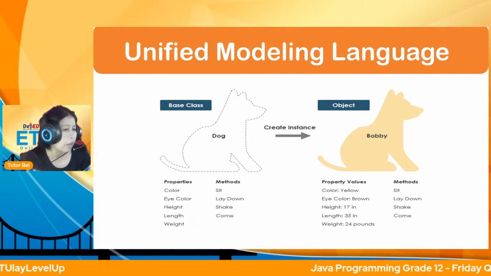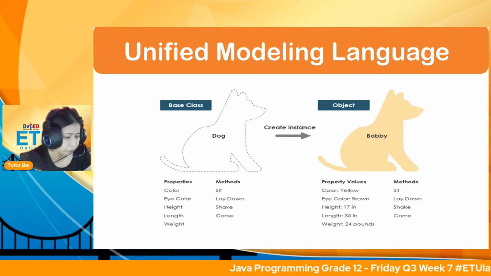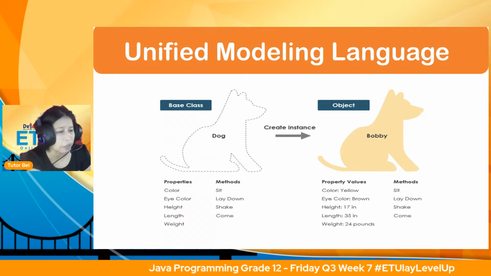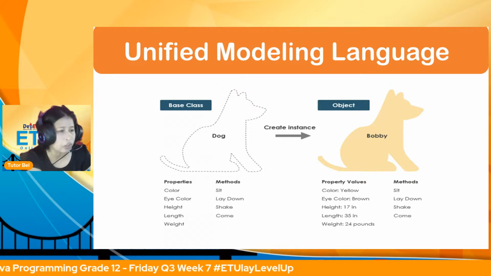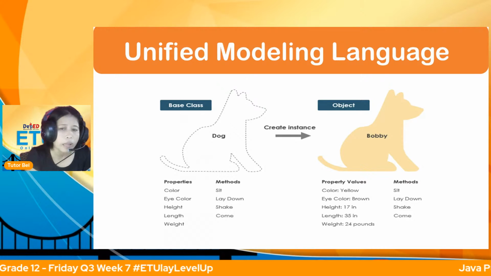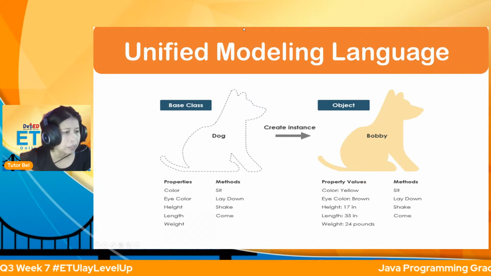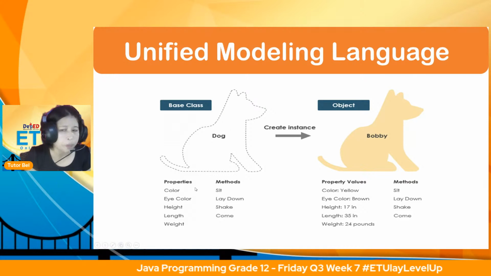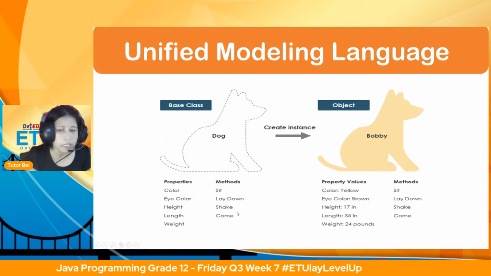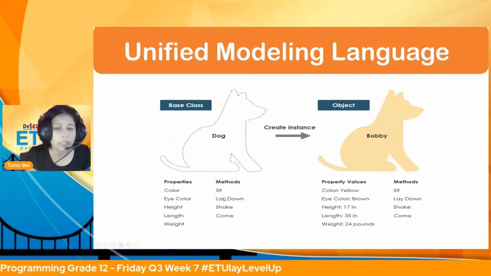Pwede tayong magkaroon ng iba-ibang klase ng dog. But, kahit pa po maiba-iba ng klase ang dog, meron tayong tinatawag na base class. Okay? Ang base class, meron po iyang certain properties at certain methods. Meron ang isang animal. Okay? So,